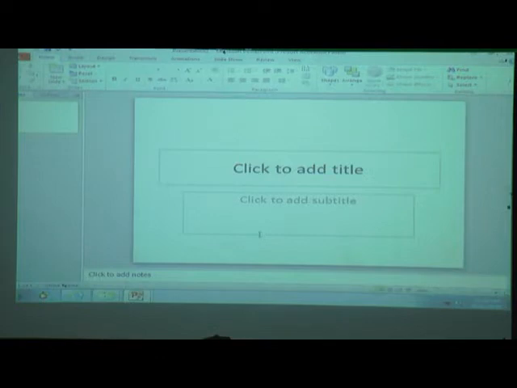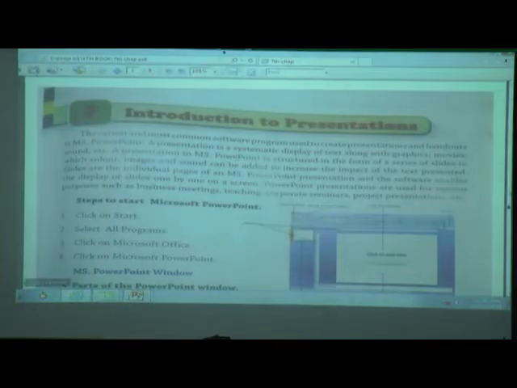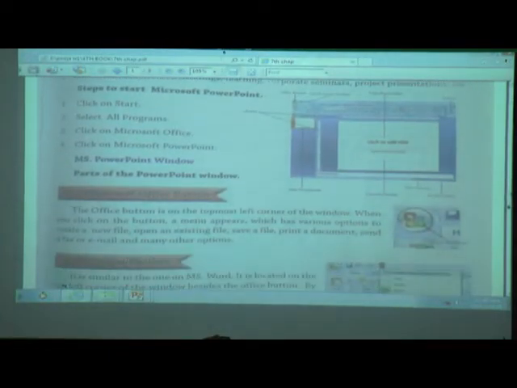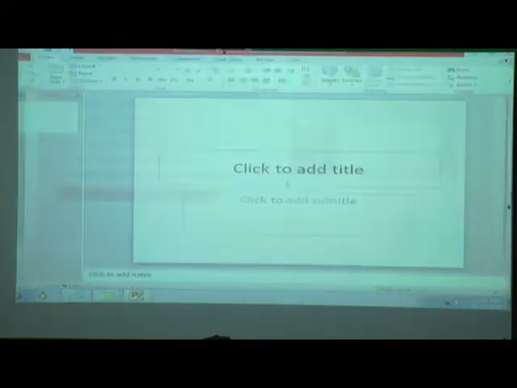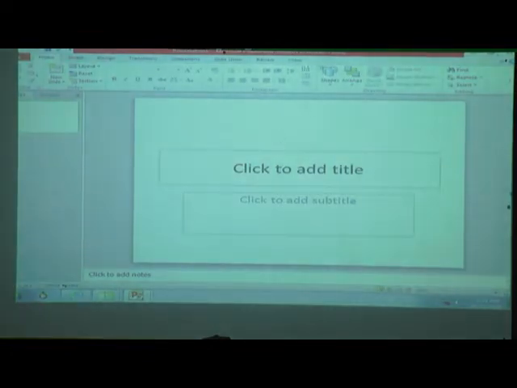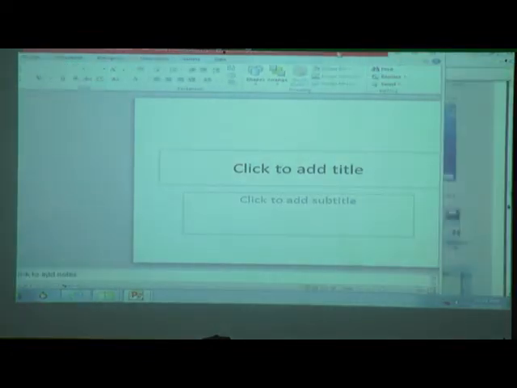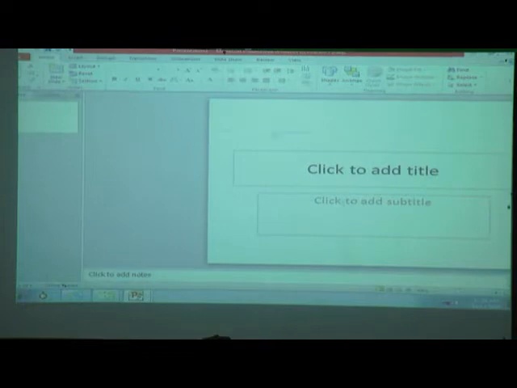Now we will see the parts of the PowerPoint window. This is our slide. Now we will see the parts.